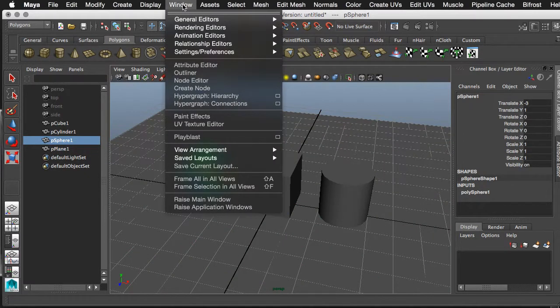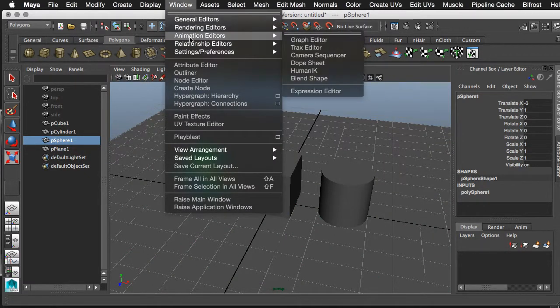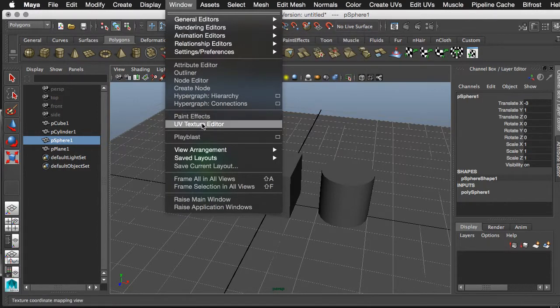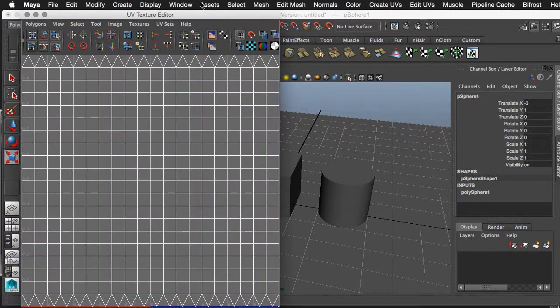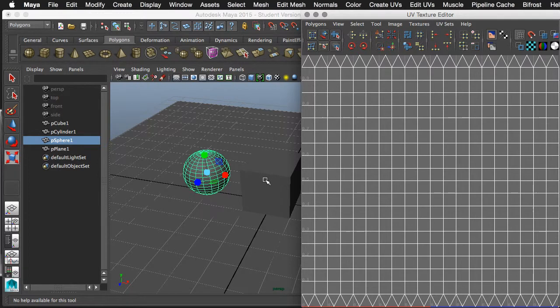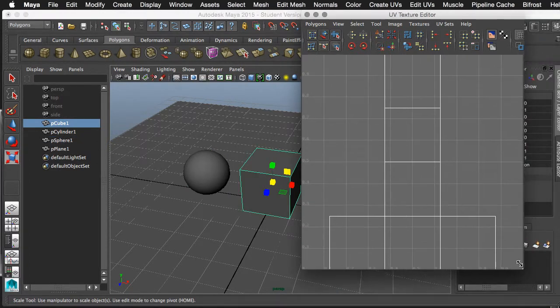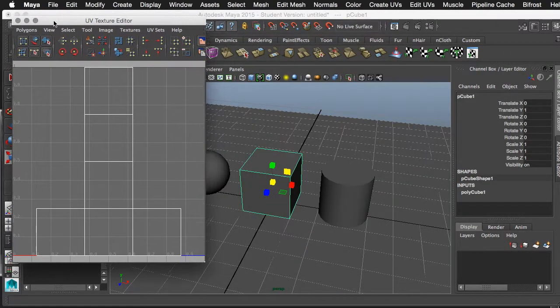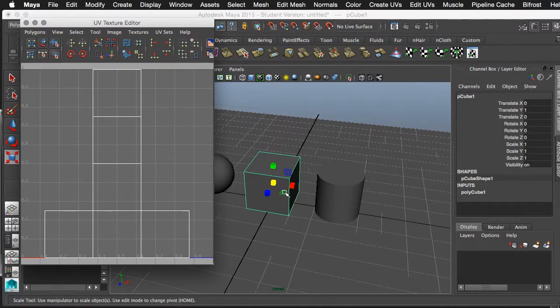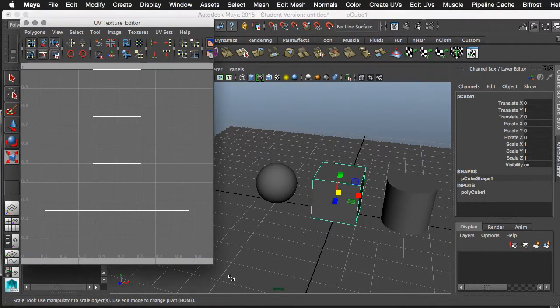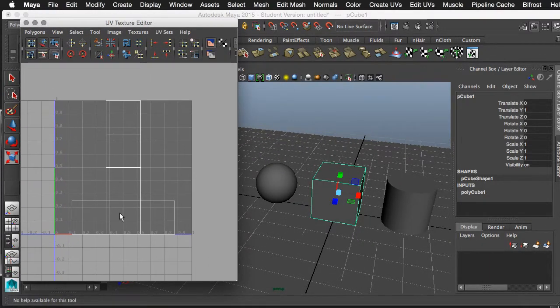We're going to go up to Window. Where is that? Window, UV editor, texture editor. And if I click on any of these objects, let me resize this here. Right? So if I click on any of these objects, and I use the same navigation to zoom in and out of the UV texture editor,